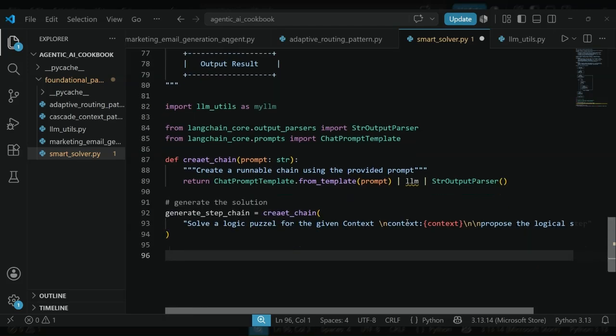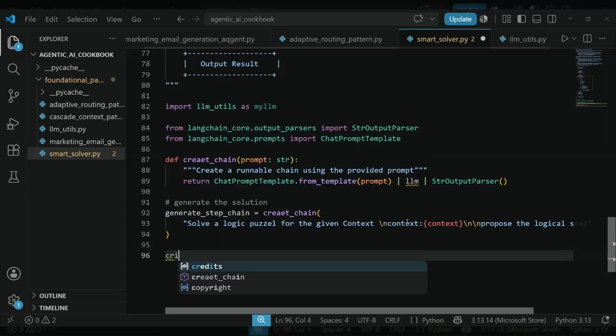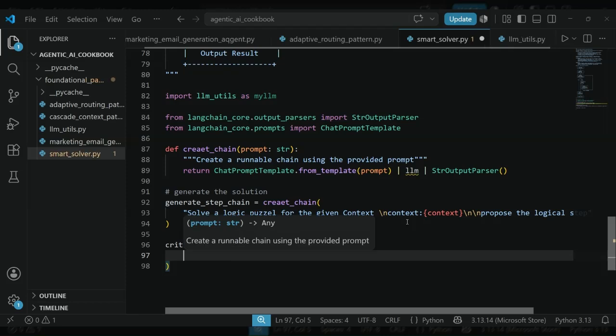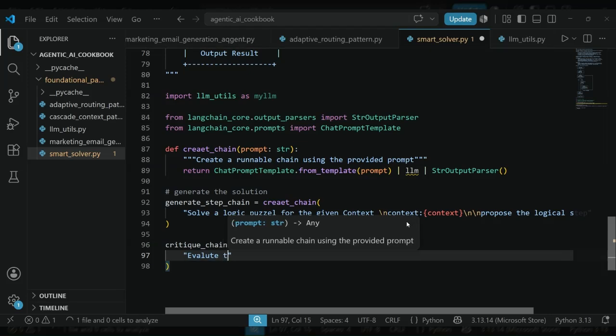All right, so now we need a critic chain that will evaluate these generated steps. So, critic chain. Okay, that will be using again create chain. Okay, and we will pass on again a method, a message. All right, so we will do evaluate the reasoning